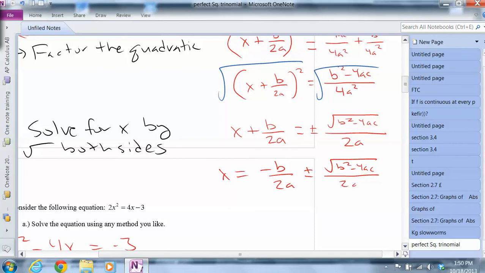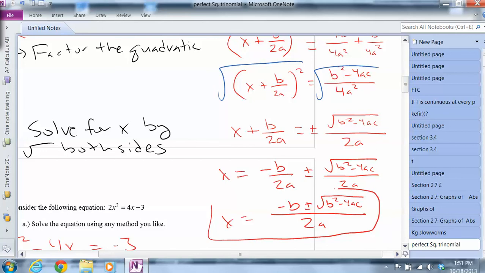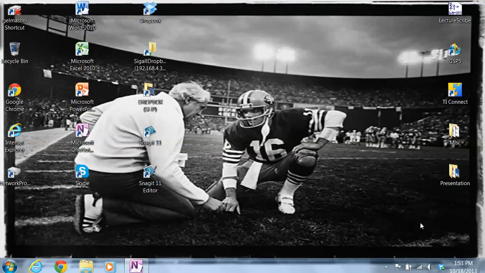And because they both have 2a as their denominators, you can combine it. And there you go. You've got the quadratic formula. Yeah, it's kind of crazy. And now I got to figure out how to